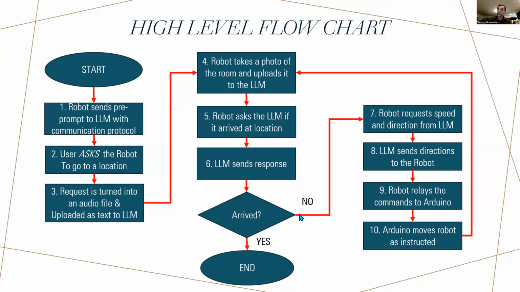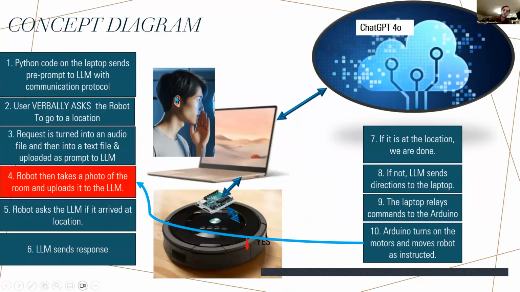The robot asks the LLM if it has arrived at the proper location. The LLM says yes or no. Yes, we're done. No, we get the speed and direction we have to go from the LLM. The LLM then sends directions to the robot. The robot relays the information to the Arduino, and the Arduino then moves the robot as instructed. In other words,